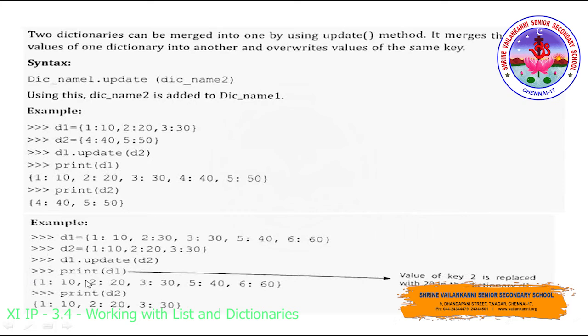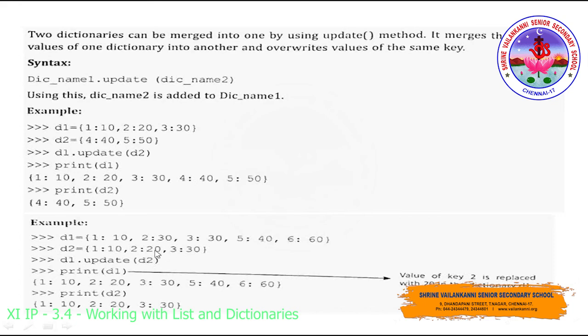Yes. And now look at this example to see how this is going to work. In case you come across two similar keys, that is, in the first dictionary 110, 230 is there, and in the second dictionary also you have 110 and 2 followed by 20. Here, if you come across similar keys and the values are different, the dictionary you are merging from, that particular current dictionary's value will be updated in the existing dictionary.